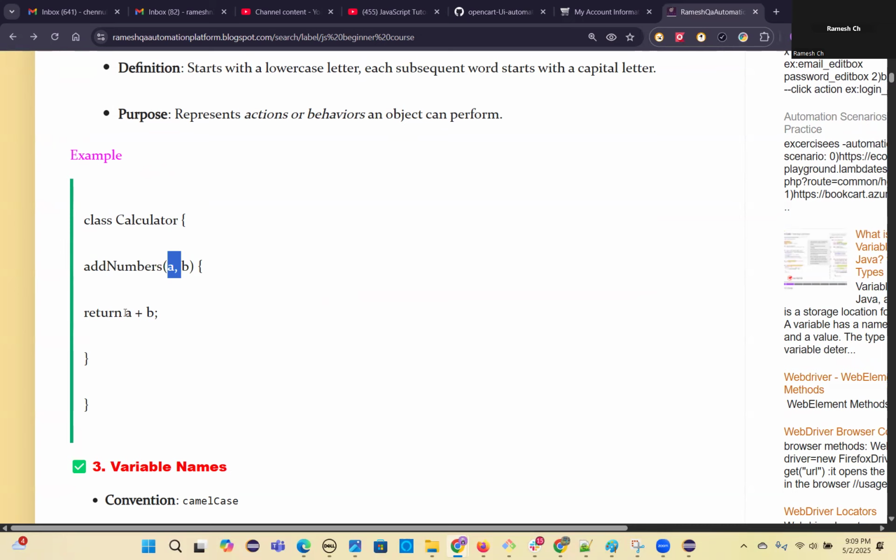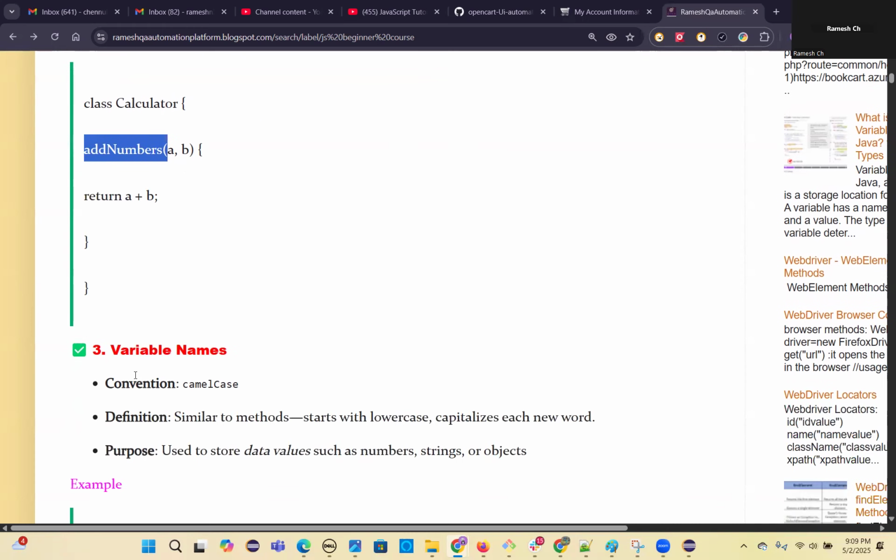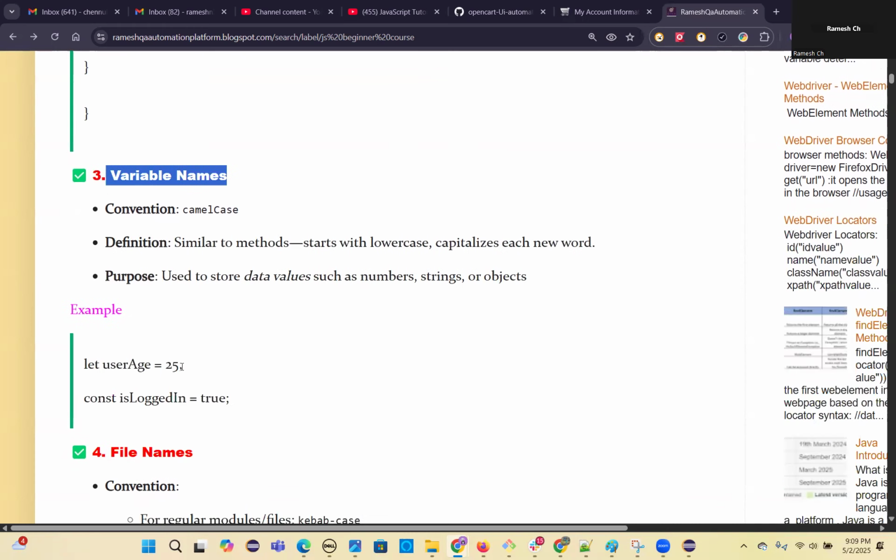If the method doesn't want to return, don't put a return keyword in the body. This is the method body. You can directly use the parameter here. While calling this function, you can just give values. We'll discuss that in detail, don't worry. And then variable names. So variable names are